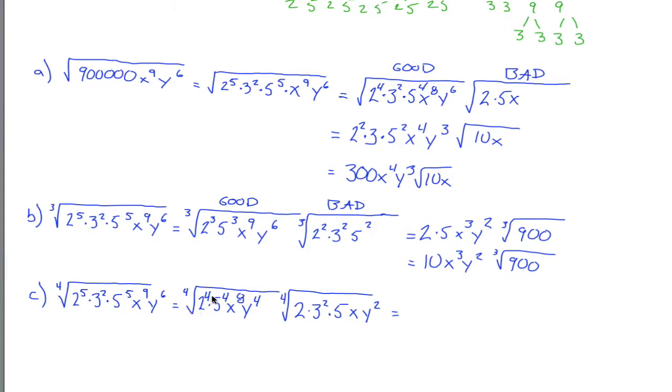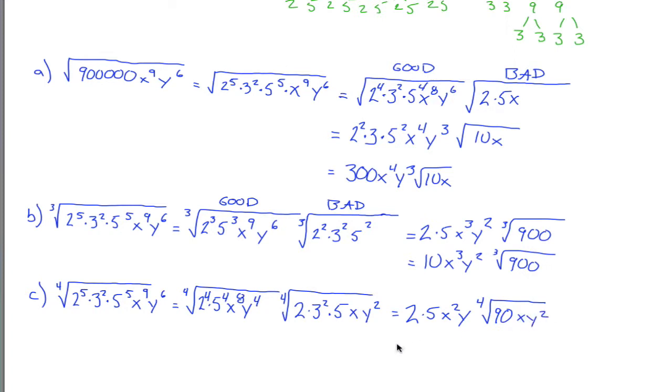So let's see, the 4th root of 2 to the 4th is just 2. 4th root of 5 to the 4th is 5. The 4th root of x to the 8th is x squared. The 4th root of y to the 4th is just y. And then under my cubed root here, I got 2 times 5 is 10, times 3 squared, which is 9, so that gives me 90